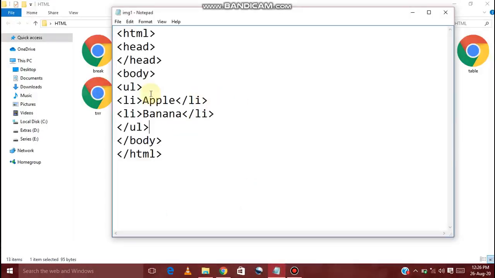Again go to your program, and then go to your UL, give a space. Now we are going to give the values. The first thing you are going to do is define the style. So I'll write style equals, then double quotes. Then I'll write list-style. This is basically an inline CSS that we are using here. So style equals list-style, and then I'll put a colon, and then I'll write URL.